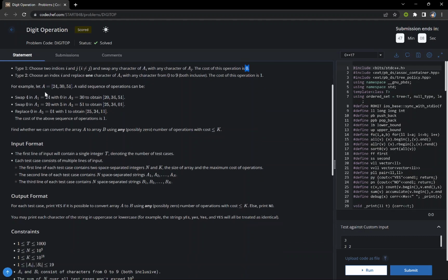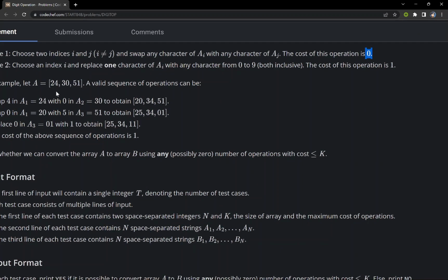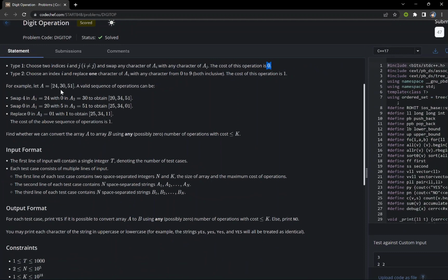Let us suppose we are given an array of the form 24, 30 and 51. If we perform the type 1 operation on the character having value 4 and the character having value 0, then 4 and 0 will get swapped, so the array will become 20, 34 and 51.